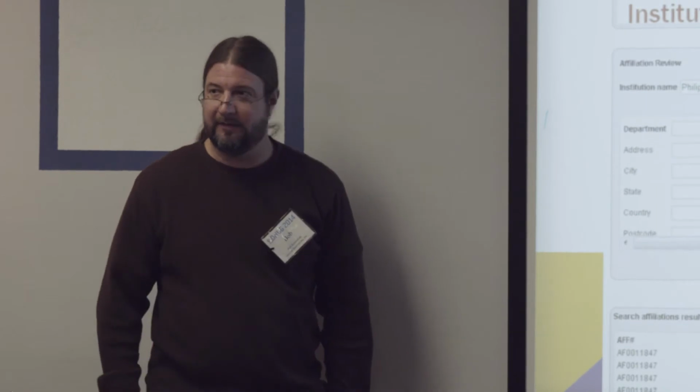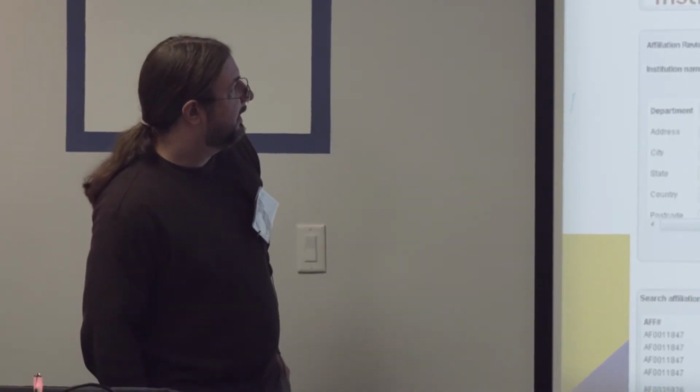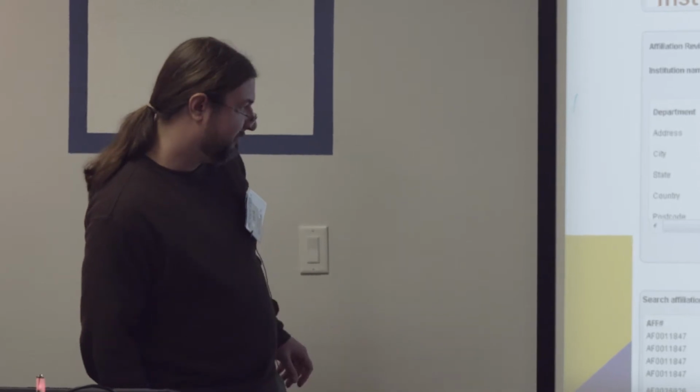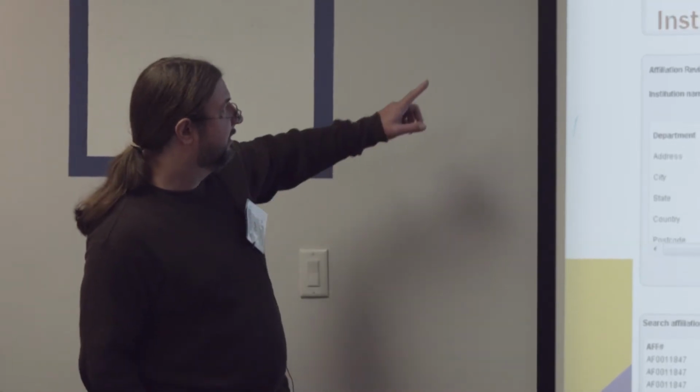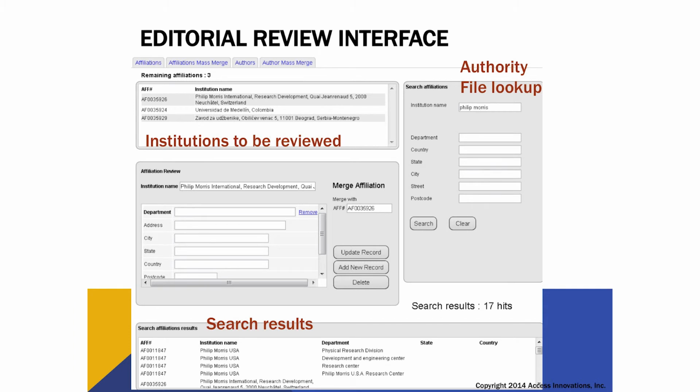So we've designed a simple Java editorial interface. This is what our editors work in. We're refining it a little bit right now. I think most of the names have been scrubbed to protect most of the innocent. So here's an incoming record, Philip Morris International, research development, something, something in Switzerland,